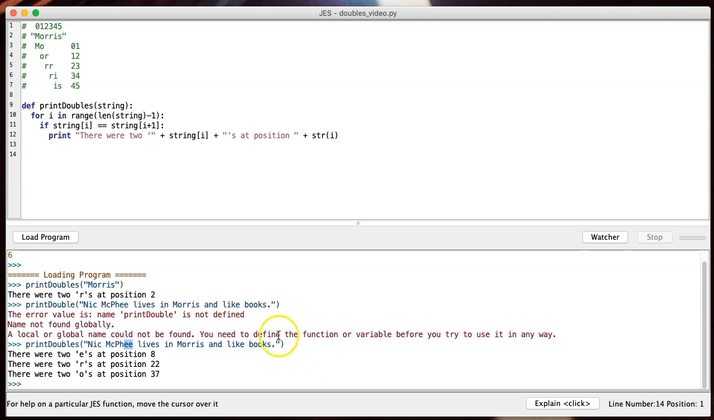So that's one thing we could do. Okay? Another option would be to find all the words that have double letters in a string and return a list of those words. So the first thing we need to do there is have a function that returns true or false if a word has a double. So we need something like has double